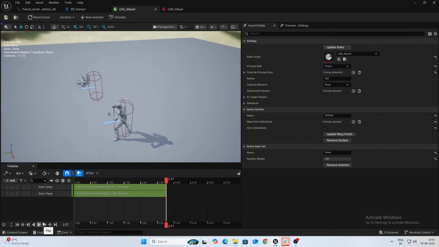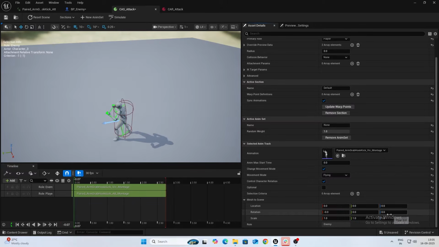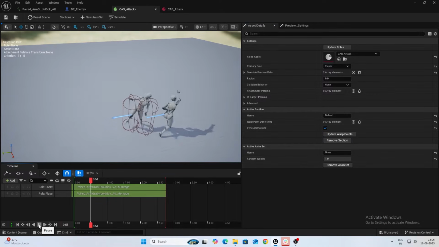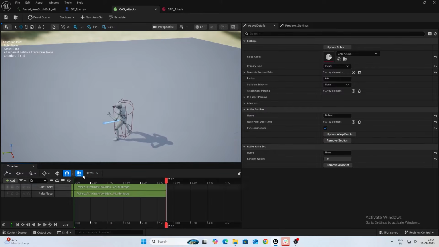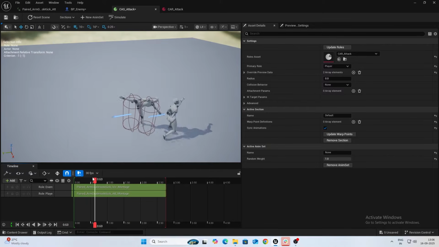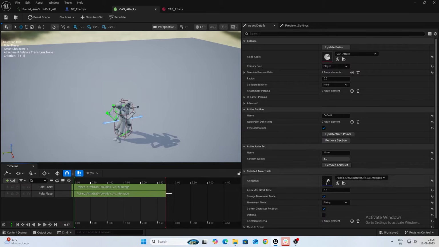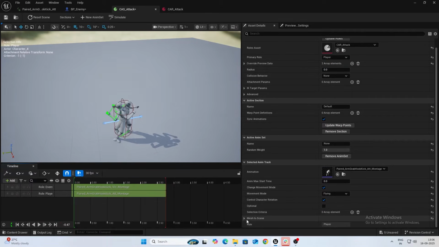as you see. But it's not fully right. So one thing you want to do is click on the enemy over here, and if you come down in mesh to scene, give it a rotation of 180 on your z-axis and reset the scene. If you see, all right, it's still not. Now we want to take the player, click on the player, and if you go mesh to scene,